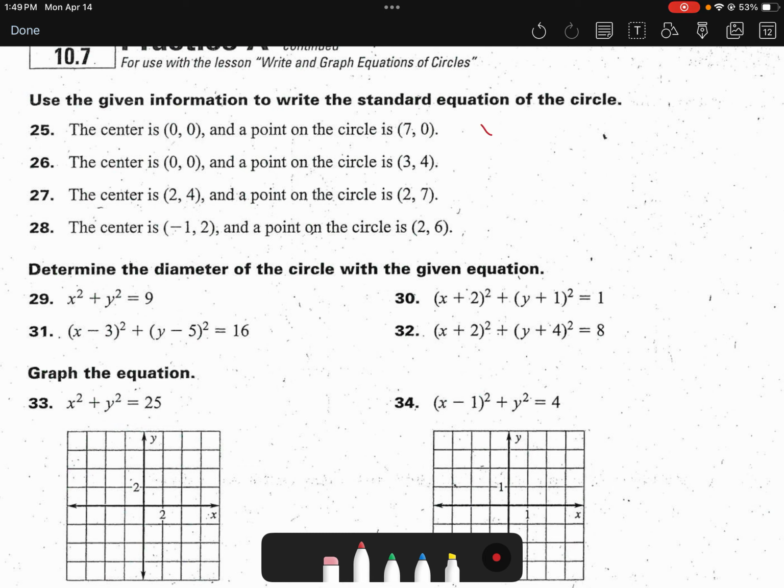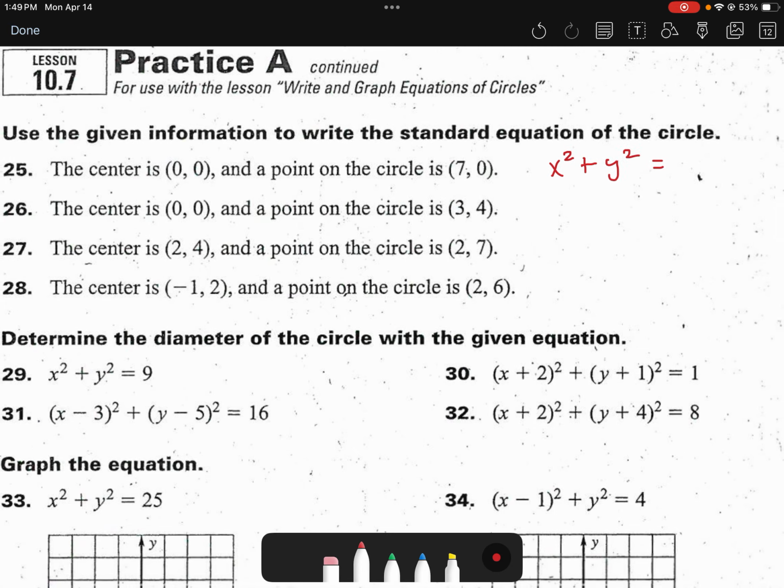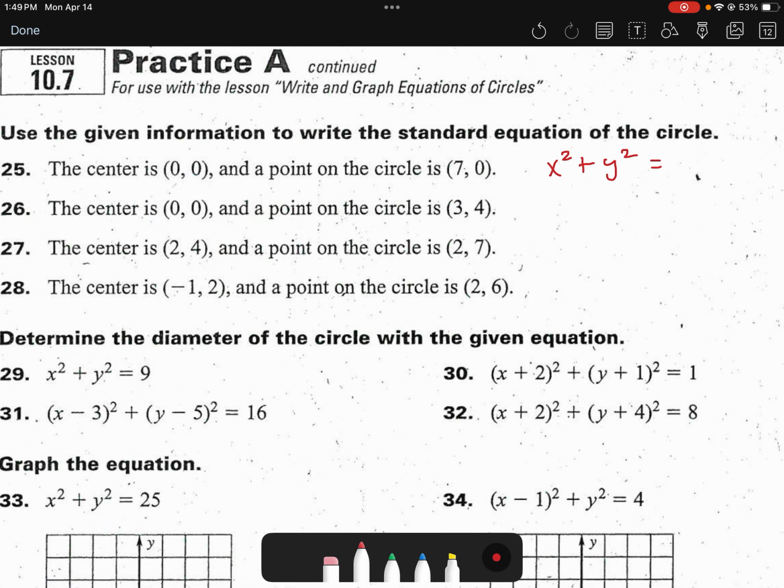Well, I know immediately that since the center is at 0, 0, my equation is going to start off with x squared plus y squared. And I also know immediately that my radius, let me write this down, center is 0, 0. I also know that my radius is going to be 7. How far is it from 0, 0 to 7, 0? If you were to plot those 2 points and count the distance,